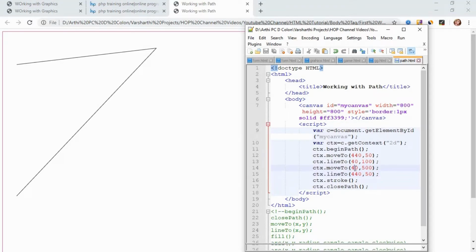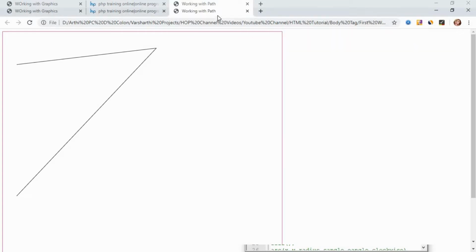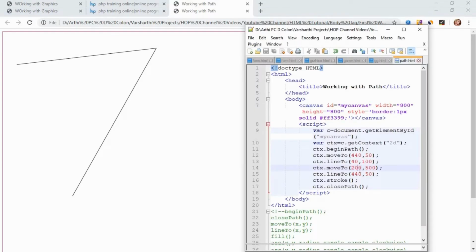So if you want to keep this as 40, you can keep it, right? If you want to change the value to some other values such as 200 or 100, you can change it. So according to your wish, you can make your triangle, right? So here I am keeping it as 40, as we can have a straight triangle, right?